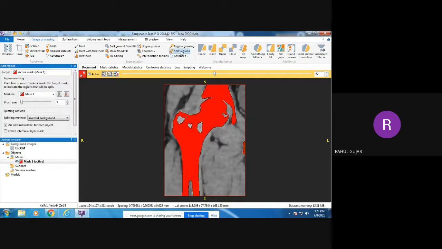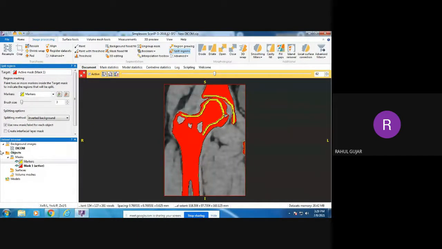So click on split region, click on create a marker mask. So here I will draw the marker for two masks, like the acetabulum part. I'm going to mark this portion randomly. Then the second portion I'm going to mark like this.